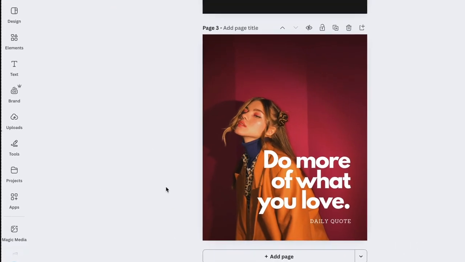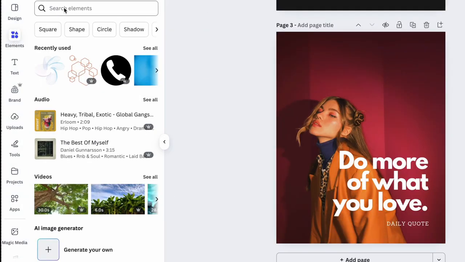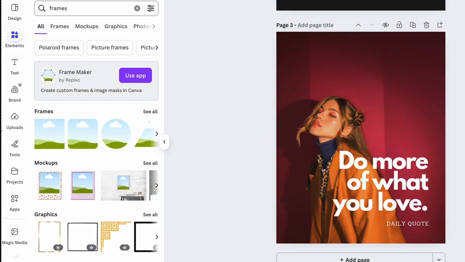Now to access frames, go over to your left panel and go to Elements. In the search bar, you are going to type frames. There are selections of frames to choose from. So what you need to internalize is what you're actually going for, the type of frame that you want for